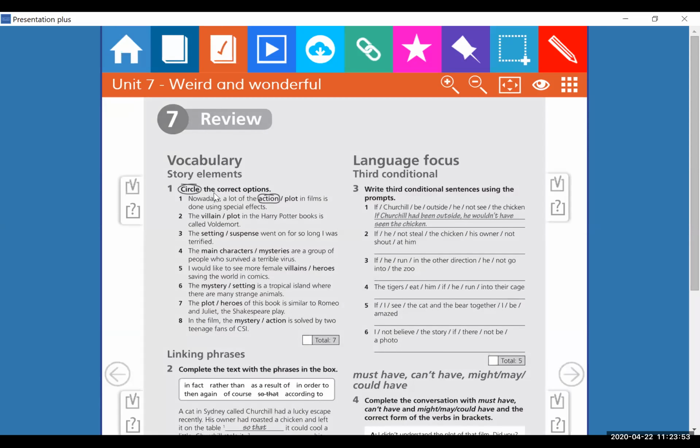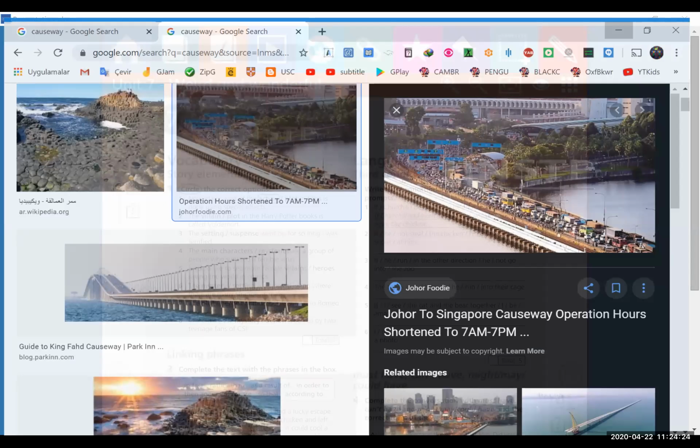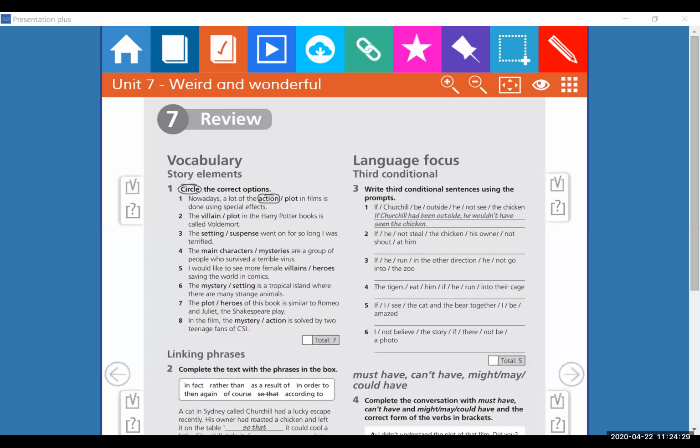Please go to page 74 in your workbooks again. Daniel, it's very simple to do homework. Just do it in your workbook or in your notebook, whatever you like, and take a photo and send it in Edmodo. That's it. If your question is about my code for Edmodo, I will be sharing it. Just a minute. Let me try to get into Edmodo now, so that I can share the code with you. Give me some time, please.